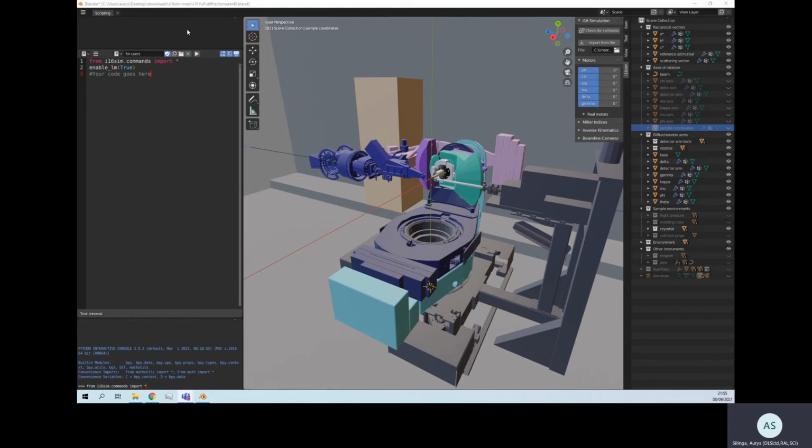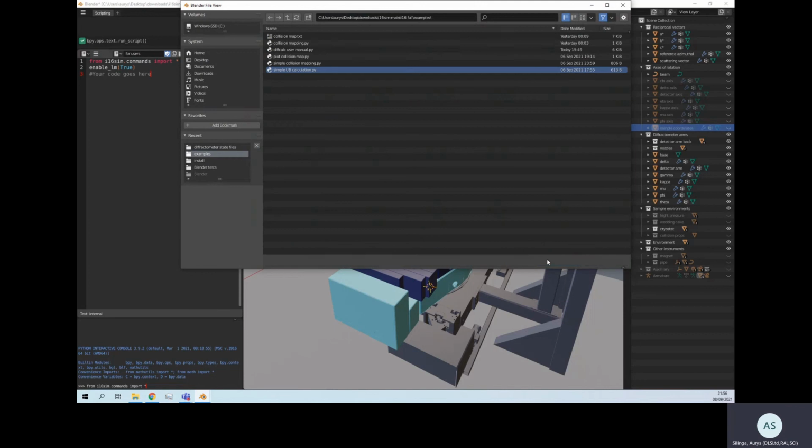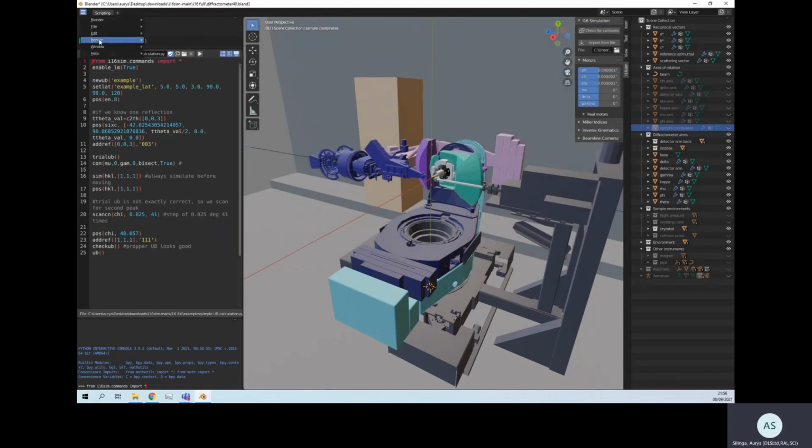Up here we have the information window. It tells you what happens anytime you press a button. This here is a scripting environment. You can write your own scripts or import some of the examples. Here we have a fairly standard dB calculation. To view the outputs, we need to open up the system console,